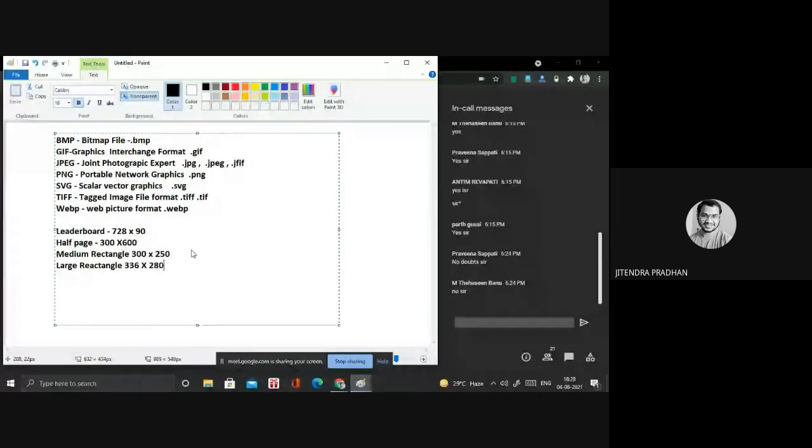These are the advertisement sizes we are using on a website. If you follow the rules of web development, you have to understand where width and height are required. Because if you design a website, a client will go through it, and if you do not follow these rules about height and width, then it will be difficult to proceed with that project. Okay, that's why.